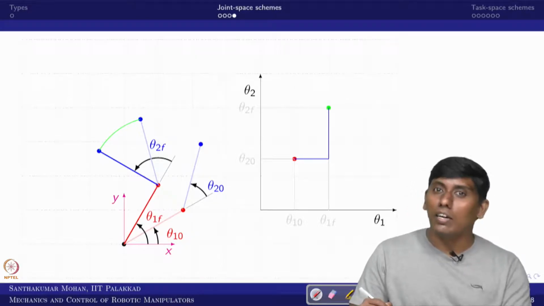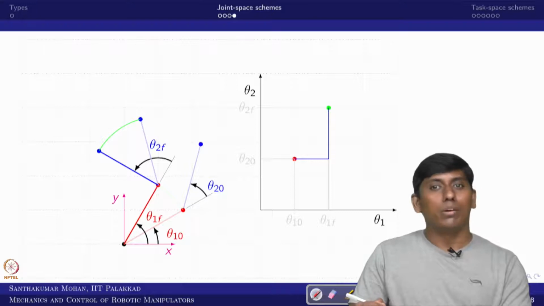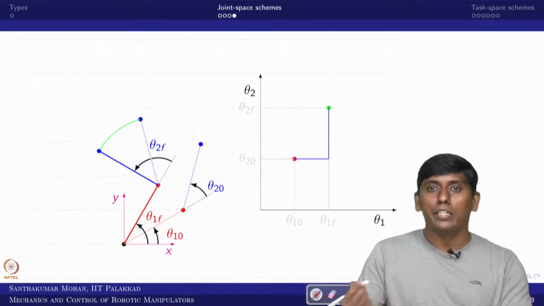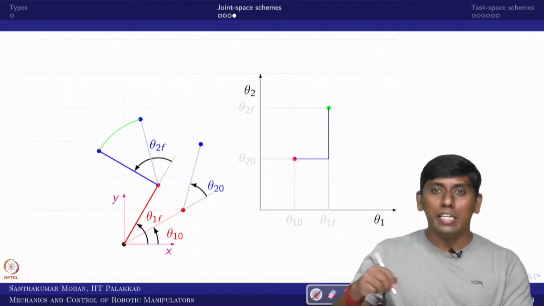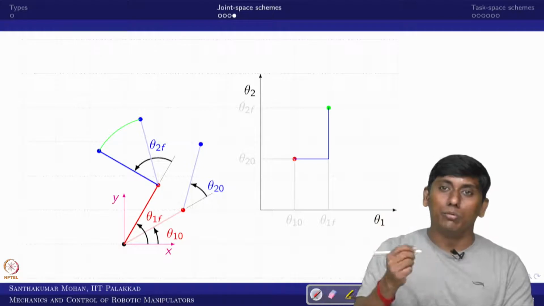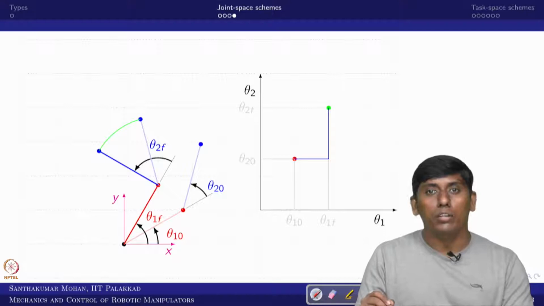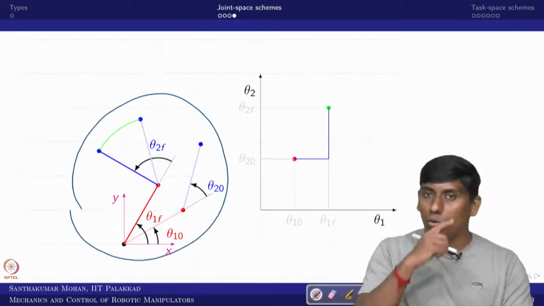The other one is the synchronous joint space scheme. Usually most of the robotic manipulator community use the synchronous one. The sequence one is also very common. For example, take Robot Operating System with Gazebo, or MoveIt. You can see each joint rotates, then the next joint rotates, like that. It shows the sequence, so you can understand whether any collision is happening or not. This is what we call the joint space scheme.